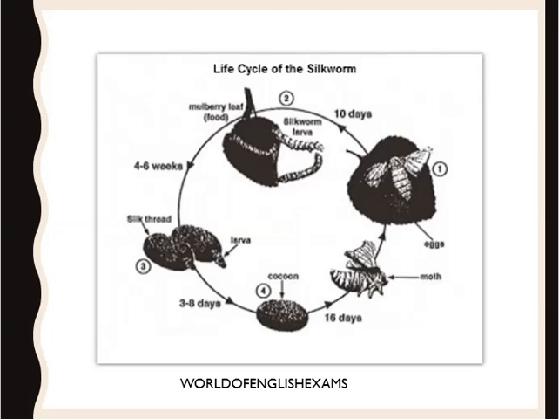As you can see, there are multiple larvae which feed on mulberry leaves. So here under mulberry leaves you can see food, which means the larval forms are feeding on mulberry leaves. And after they feed voraciously, it takes about 4 to 6 weeks for them to actually spin a silk thread around their bodies, and this is what is called cocoon. This cocoon is going to take around 3 to 8 days to form completely,